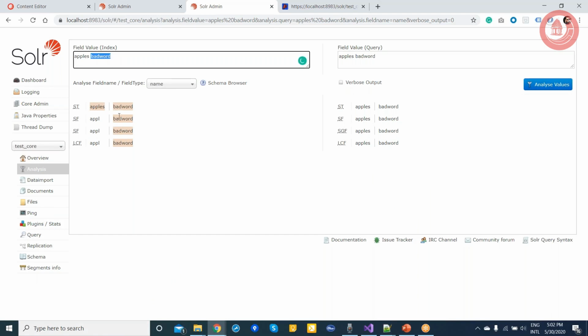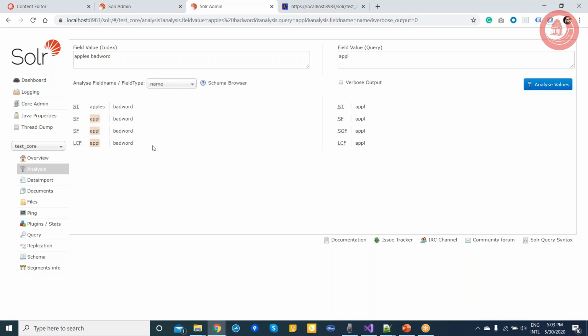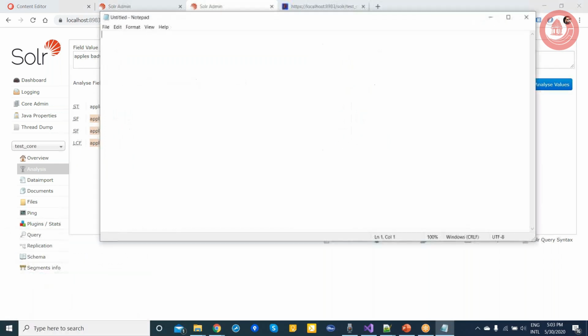I put the bad words, it removed the bad word, right? But these analyzers and filters basically stem those words. Let's say apples was the input, but it is stemmed to apple, right? And when I search for the apple here, I will get that result, right?